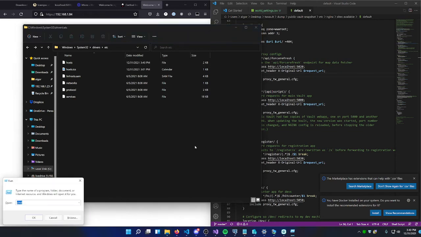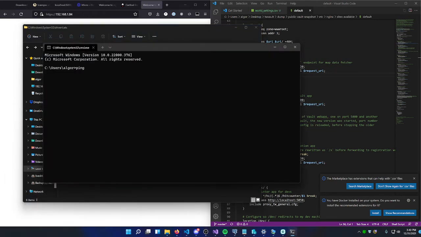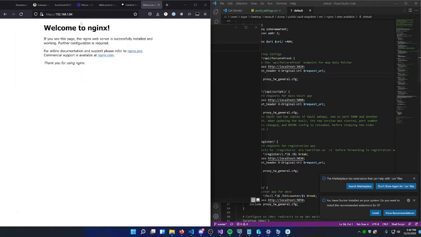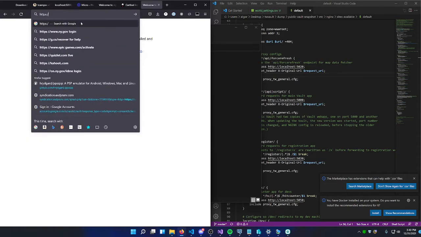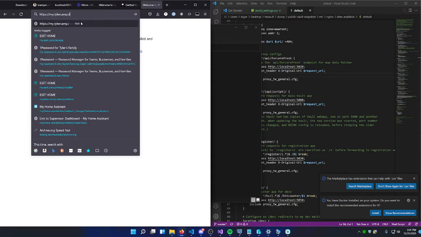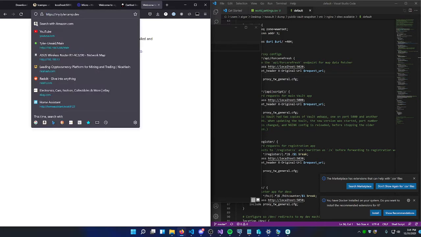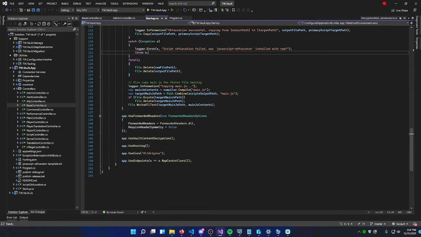Okay. Now, if I ping my.tylercamp.dev, it goes to the right thing. Okay, so https://my.tylercamp.dev. Hey, now it works, and we've got this nice checkbox, and it's all working well. Okay, let's run this. So I've got certbot, got HTTPS, and I also have that rule that I put in before,